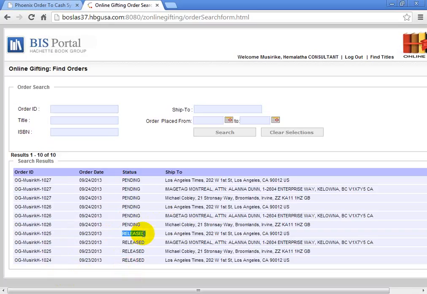So all these orders were in release status. These are the orders we created yesterday, that were in release status in OTC SIT. These were pending. These are the 2 orders I created today, right? For those it is showing pending. That means just the submission of the order has been done for these 2 POs. Okay, and let me run the mileage.